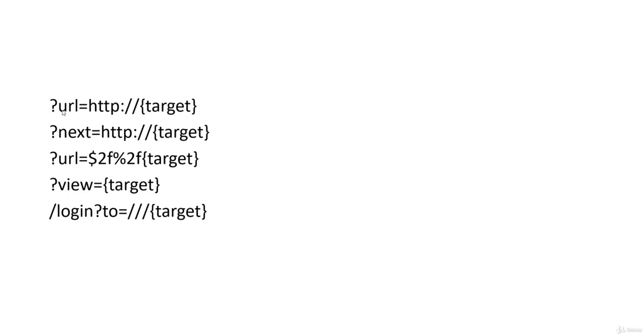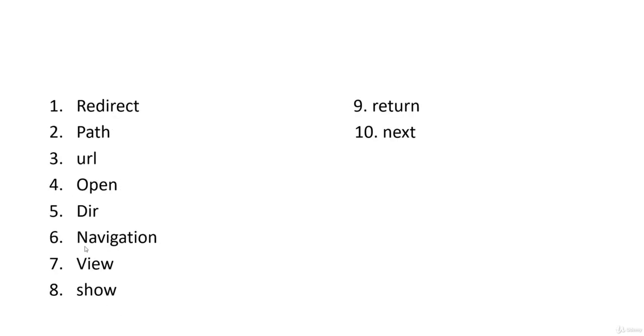You will just target this URL, for this next, which is basically also the next parameter, and you can also see the URL with encoding. So instead of just HTTP, you can encode it this way so that it would be open URL redirection. And the next one is view over here. View is also responsible, as we have already shown in number 7. View is also a parameter that is responsible for the URL redirection.